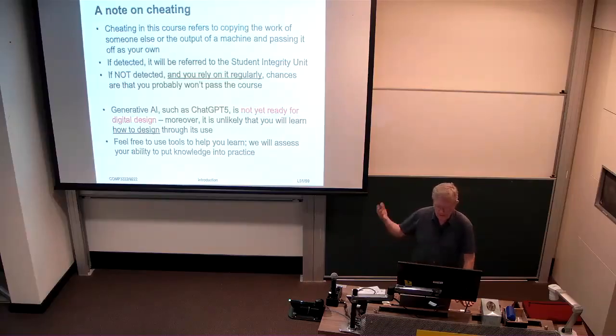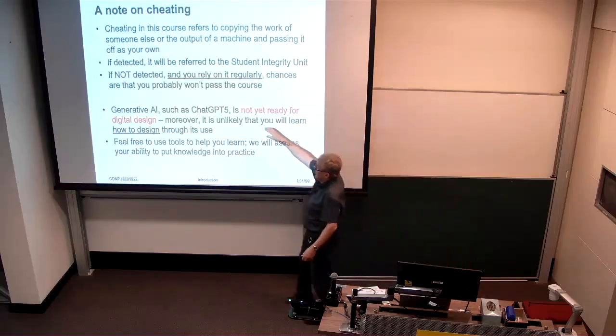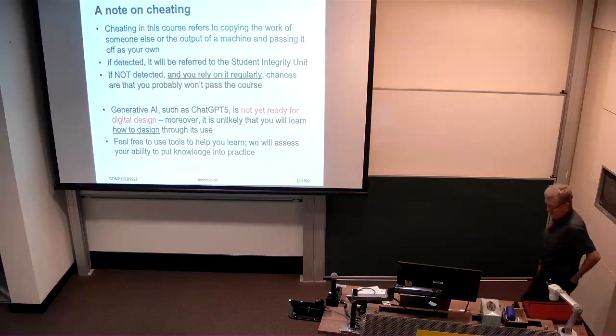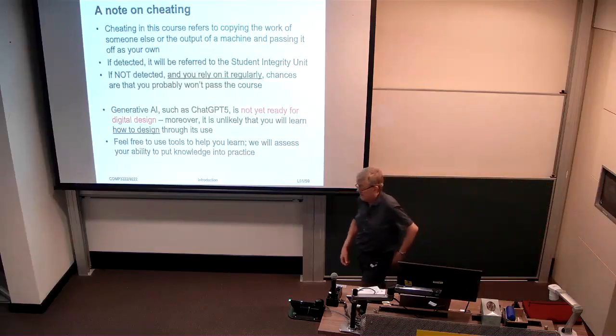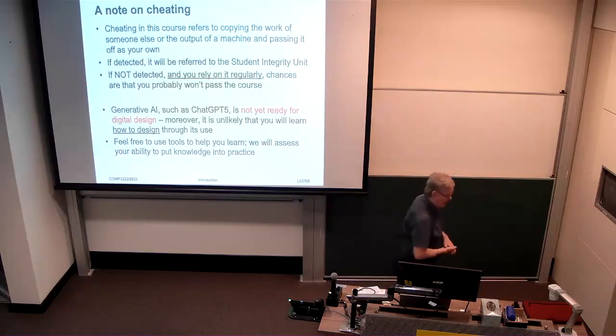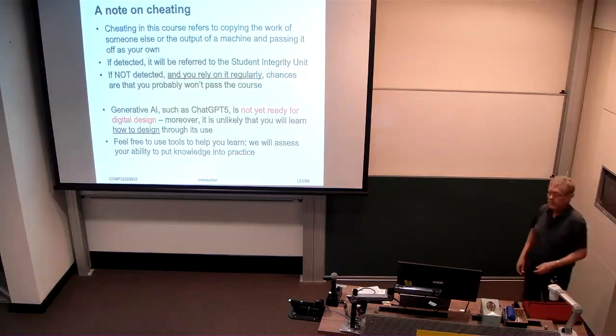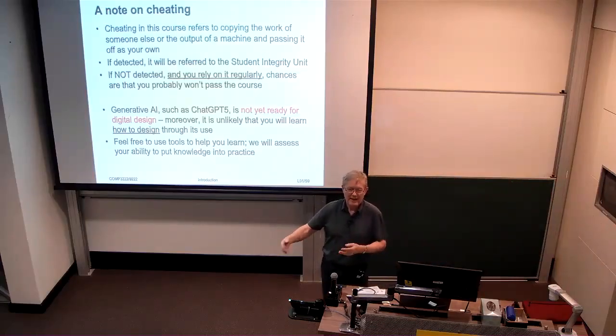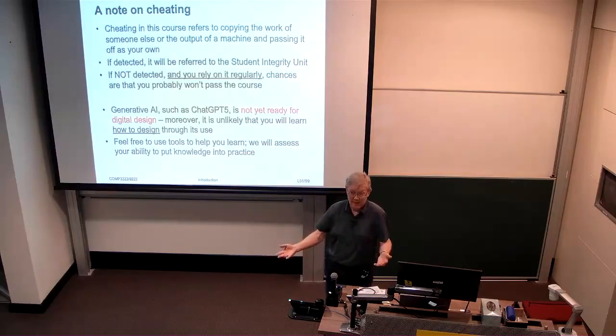So just a note about cheating. I think I've stressed it enough. I think this bit's also important to mention that, contrary to software design, generative AI isn't doing that well on hardware design yet. There's a couple of reasons for that, I think. I don't really know the right answer either, but in contrast to software, where there are billions, if not trillions of lines of code out there for AI to munch through, there are very few commercial hardware designs that have been open sourced and made available for a start.